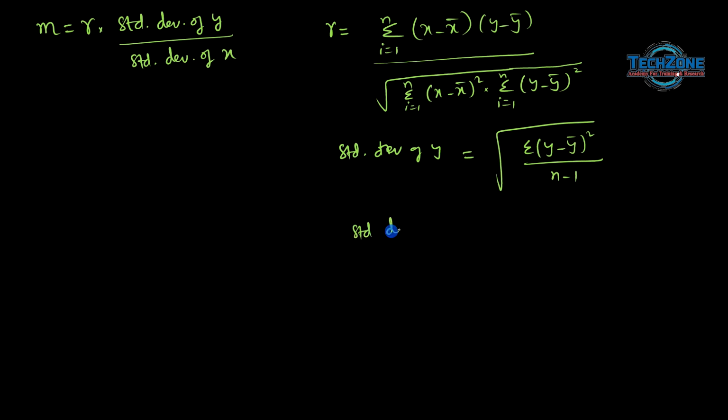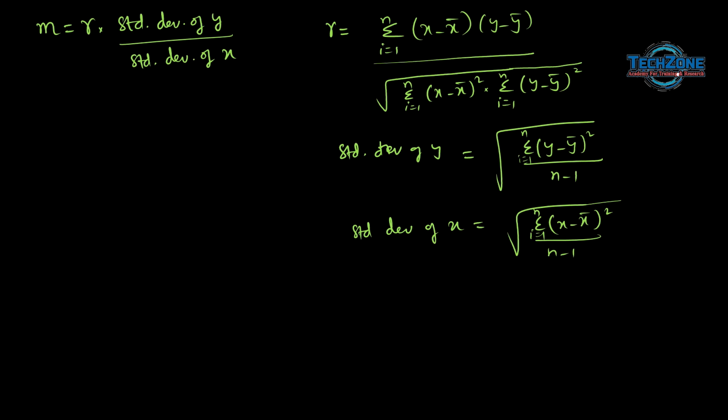What about the standard deviation of x? Same thing, replace the y values with x. Okay, sigma (x minus x bar) whole square by n minus 1. Of course, this is i equal to 1 to n, and here also it is i equal to 1 to n. Alright,